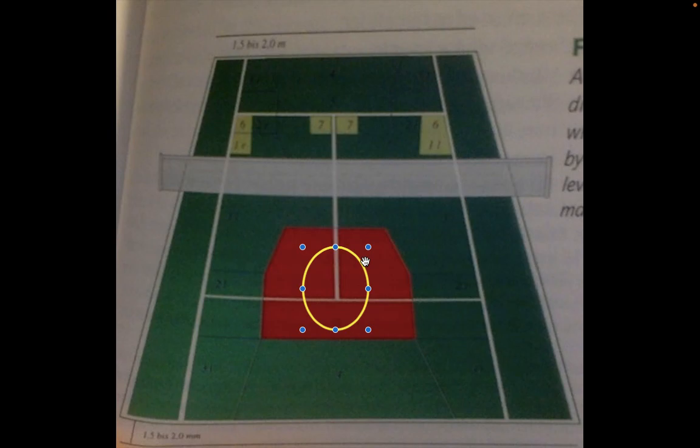It may be a harder shot to make. You think, okay, I'm going to hit a drop shot, it's going to land in here, and I'll make it. But that's not the game that I'm showing you to play here. That's not a winning game. It may feel like it's a winning game because you're winning,